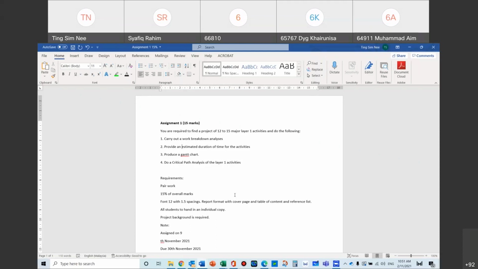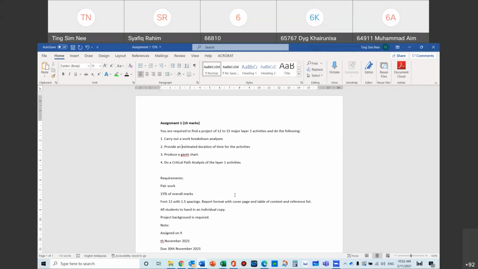Gantt charts, Microsoft Project and all that. And Primavera courses, three days of Primavera courses to get a certificate from that particular company is about 8,000. So these are all part and parcel of your education in Unimas at the moment. So just make sure that you get as much knowledge as you can. What I'm trying to say is, don't waste your time and don't waste money like that. So yeah, please